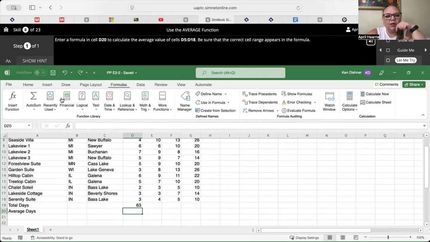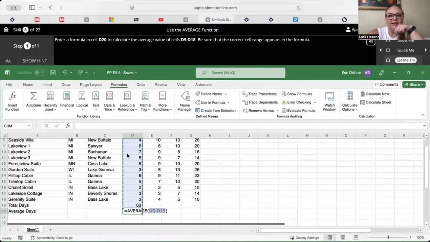One, you can click formulas. Underneath the auto sum arrow is going to be the most common used formulas right here. Sum, average, count, max, min. You can click average